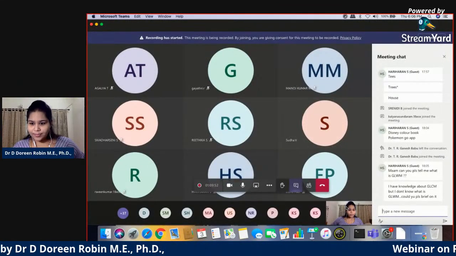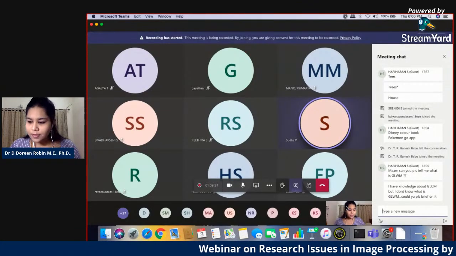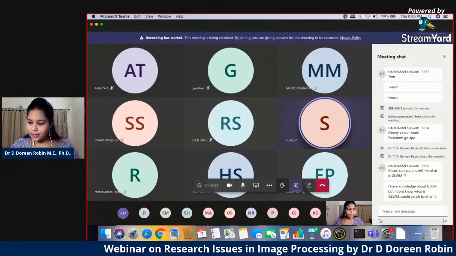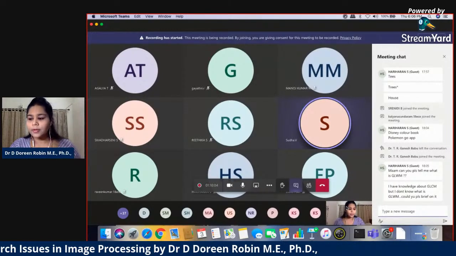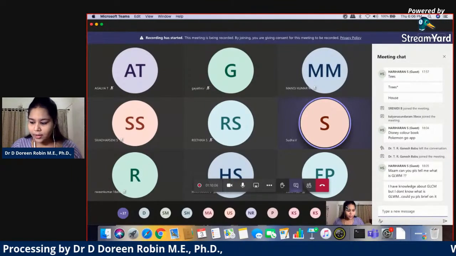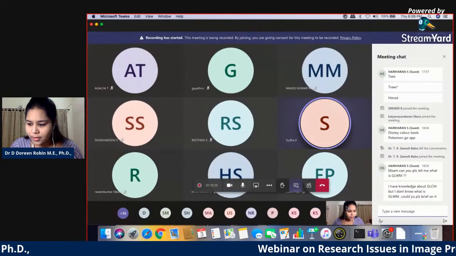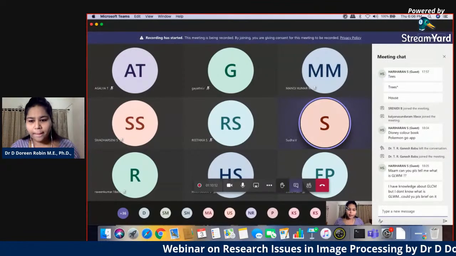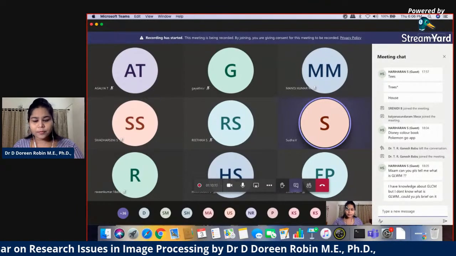Good evening, ma'am. I am Sudha. I am doing my research work in diabetic retinopathy using deep learning. I have dealt with identifying the lesions that were non-proliferative. So far I have done my research for identifying the non-proliferative lesions alone. In my research work, I have used a Kaggle data set for prediction.